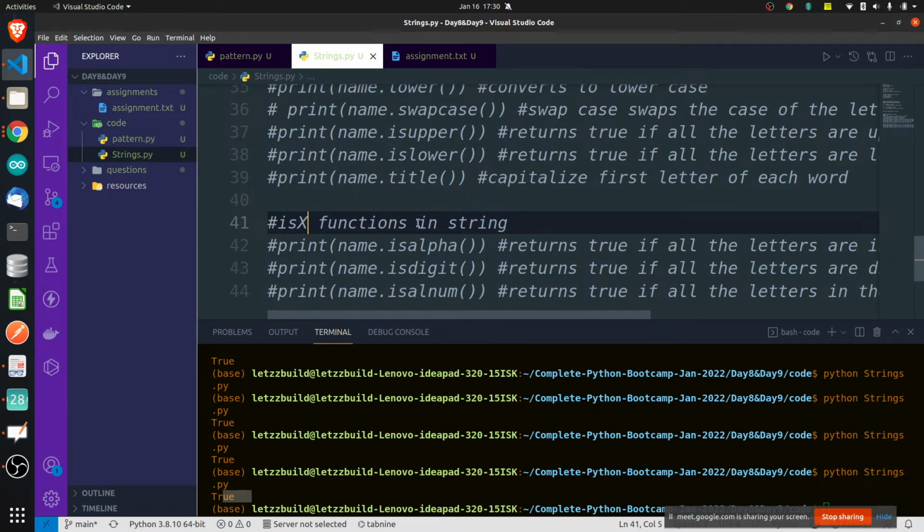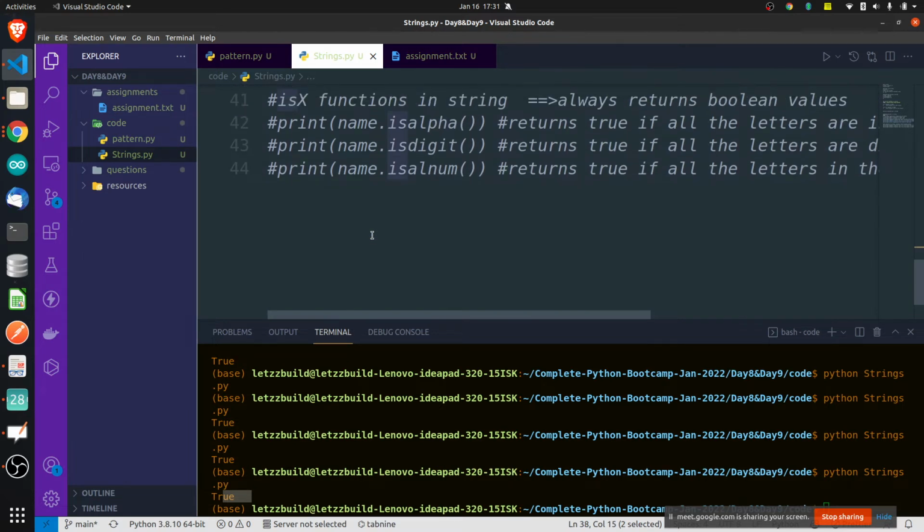Just remember this. Is x functions always return boolean values. Either they return true or false. Whenever you see this word is, you should understand that it is always going to return either a true or false. Sometimes you might have a doubt about what this return means, where it is returning. This you will completely understand when we go to functions. In functions we'll understand what exactly it means when you say returning something, how a function returns, why it returns something, all those kinds of stuff.